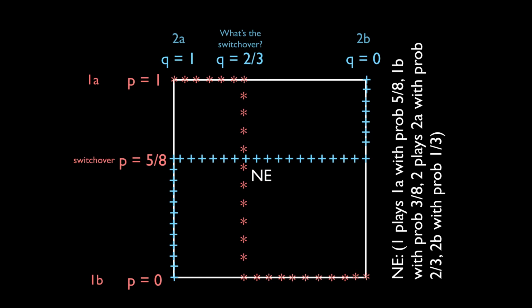Is that to say, like, in a game like this, player one would play A 5/8 of the time? Right, that's what it says. So we solve for P, and we're saying the prediction is that person 1 will play A with probability 5/8. 5/8 of the time they will play A. Any questions? So I wrote it as a sentence on the side up there. But if you do it this way, that way's okay too. I guess it's a little faster.